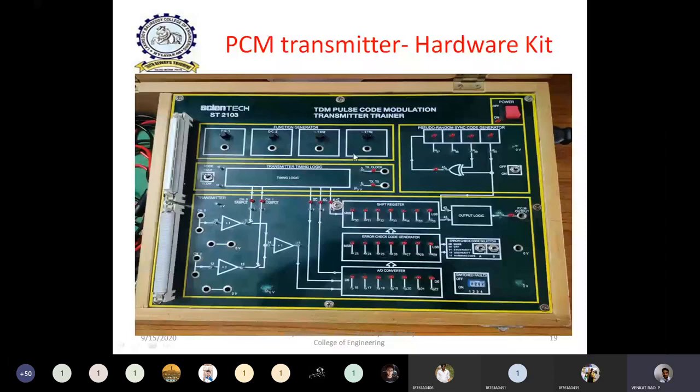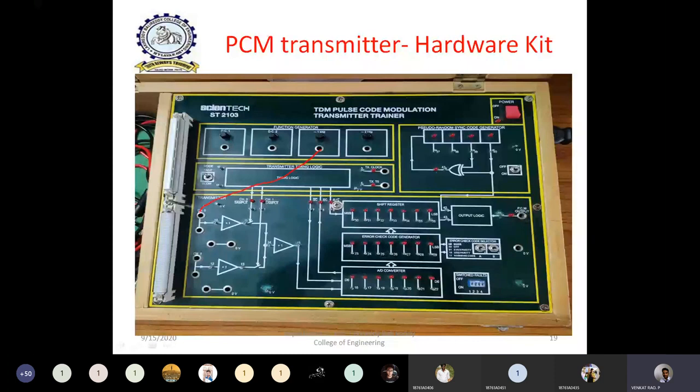Now, this part is the complete transmitter part of the PCM system. In the transmitter, the sampling, quantization and encoding blocks are all there. If I want to convert an analog sine wave signal to a digital signal using the PCM system, and observe the PCM output, then select either of the sinusoidal signals, 1 kHz or 2 kHz. Let us select the 1 kHz signal and connect it to the transmitter input. Here there is another channel.